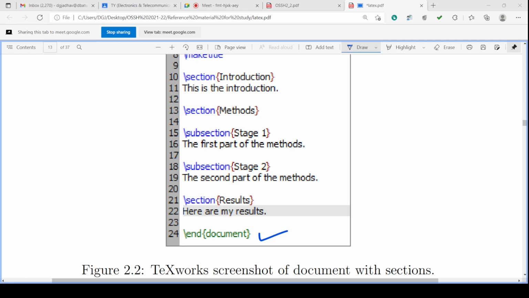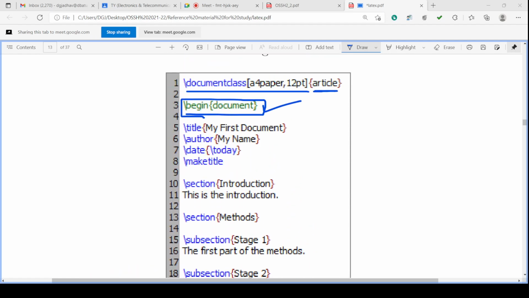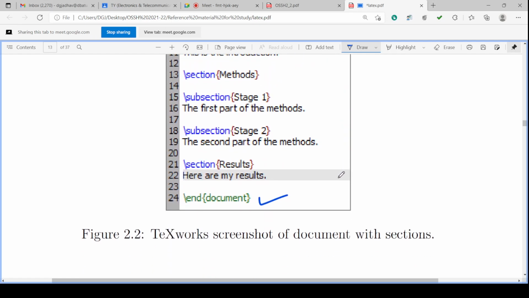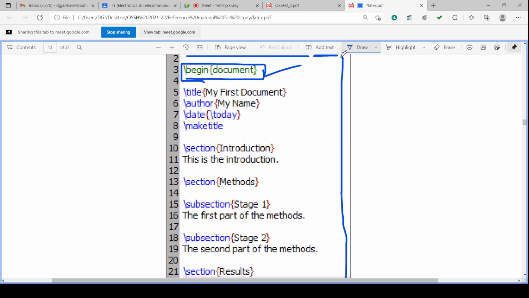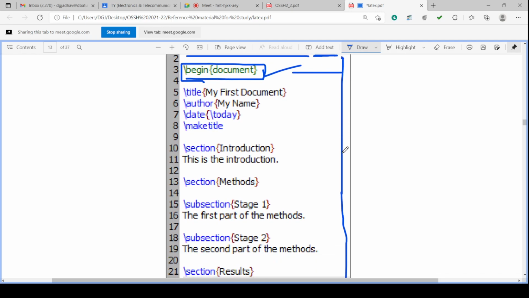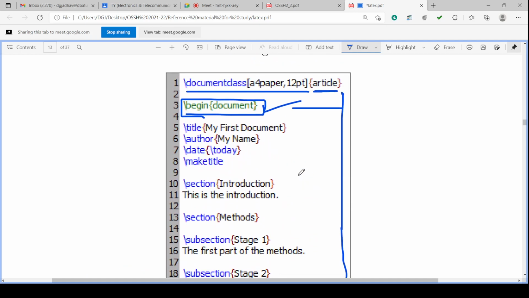Okay. So in between begin and end, there will be the total program we are writing, preparing, isn't it? There will be the program. In between begin and end. Okay. So what is the program here? The text, whatever we want to set. Suppose we want to set the title, we'll use the title command. So we'll set the title.